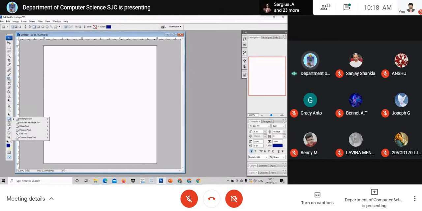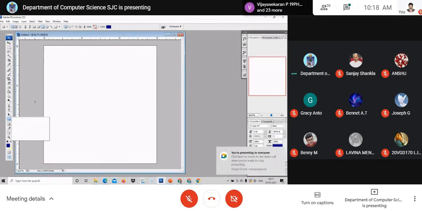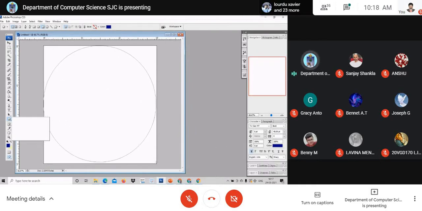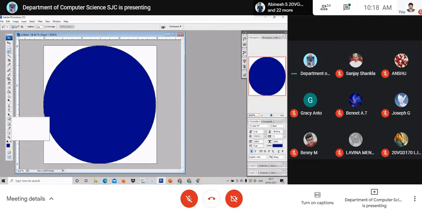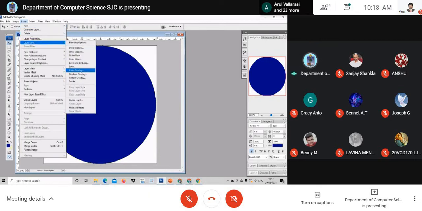Now what do you do? You have to take the circle elliptic tool, which is just below the arrow, pen tool, right? I just keep it in the corner. See here, I'm just dragging, fitting into all the sides. Am I clear to you? See, I've drawn around. Once again, I shall make it clear. I just take a circle, ellipse, and I have drawn. Am I clear? Right.